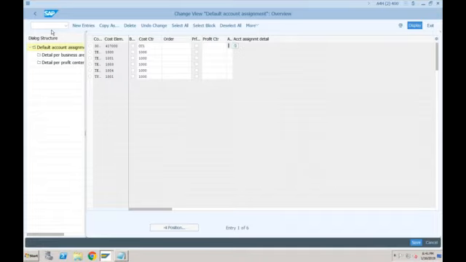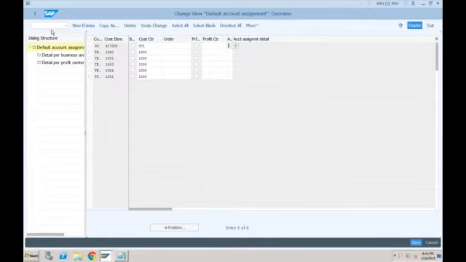So in ECC, there were two options. Option number one, you provide this information in the cost element, or you provide this information in OKB9. Now, in SAP S4HANA, there is only one place where you can maintain the default account assignments, and that is OKB9, because the earlier one is completely gone.